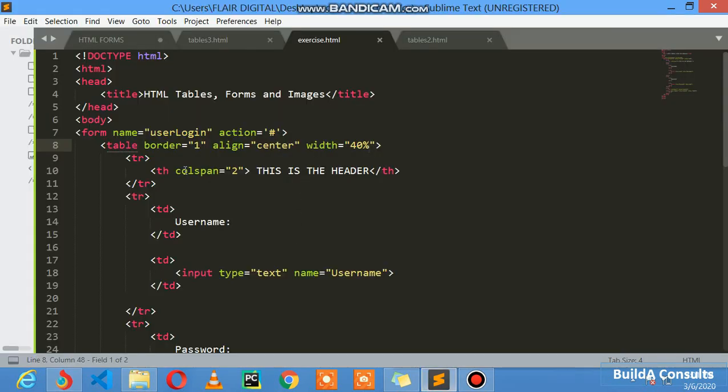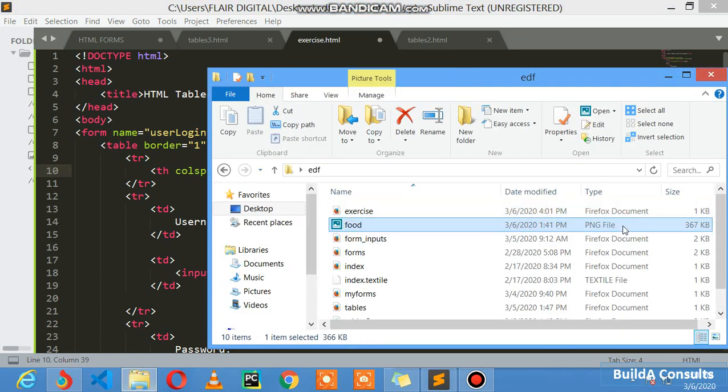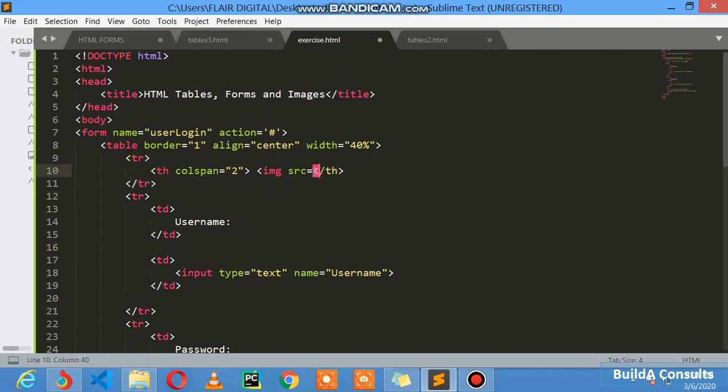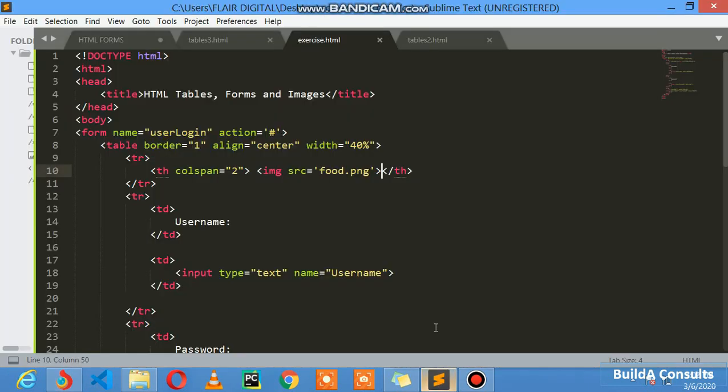So instead of writing this, you use the image tag. The image tag is img. Img says source, and you record the name of the image. The name of the image is food, and the file extension is png. It says source equals food.png. You close the tag, and pass. There you go. Oh, it's quite big. So you go back and restrict the